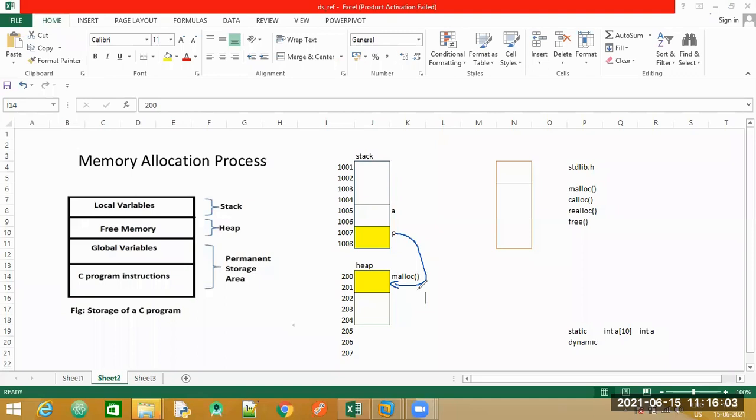P is a pointer variable. Recall the definition of a pointer variable. Pointers are capable of storing memory addresses. So P is pointing to this section. So what address will P hold? What address will this pointer hold? 200, ma'am. So it is going to hold the address here, 200. Fine. Now this much is the only concept here of this particular statement.